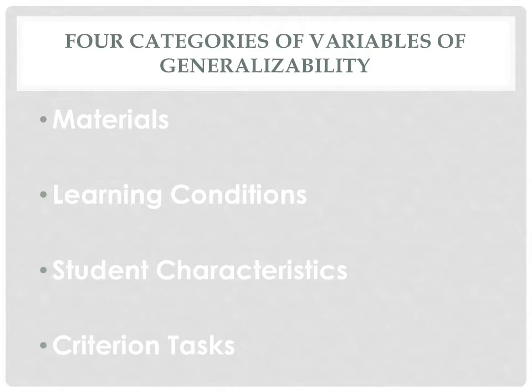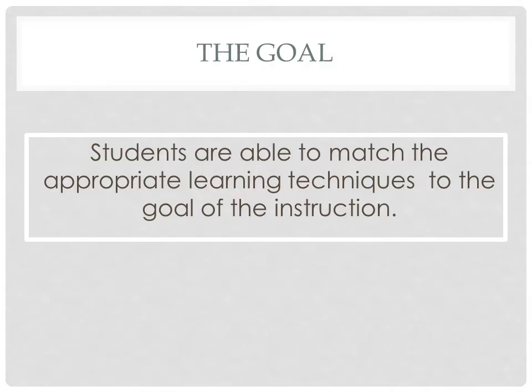The final variable is criterion task. This refers to the objective of the criterion the learning technique is to be used for. For example, some of the learning techniques explored deal with memory and some with comprehension and the ability to apply the knowledge that is being learned. The goal of this study was to ensure that students were able to match the appropriate learning techniques to the